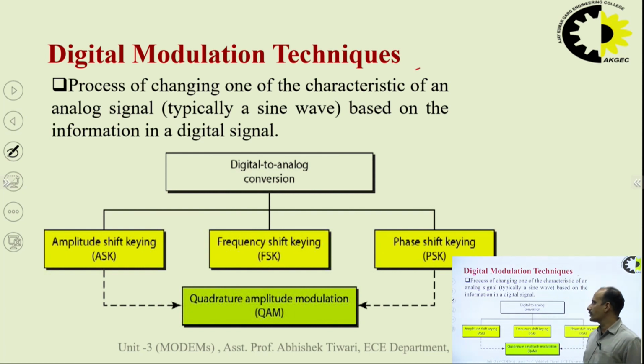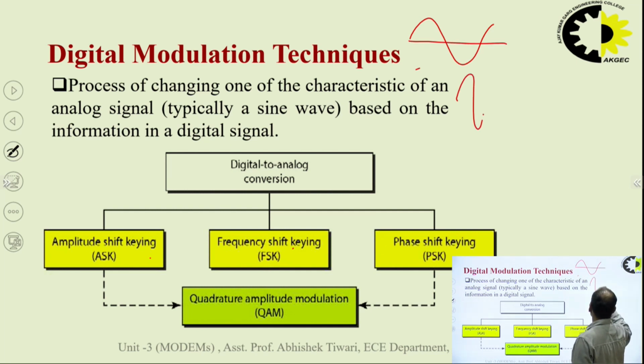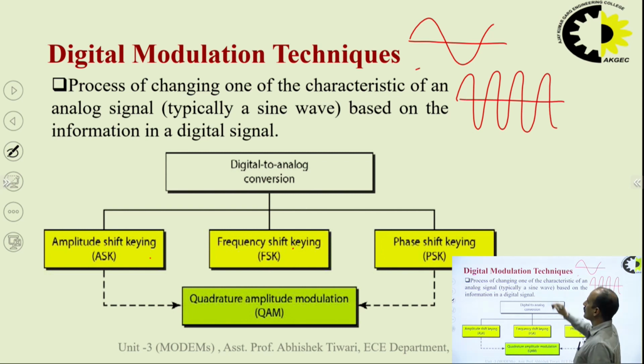In digital modulation, we have amplitude shift keying, phase shift keying and frequency shift keying. These three techniques are the same as AM, FM, PM. But what is the main change? In AM, FM, PM, our input signal is an analog signal, and the carrier signal is a high frequency sinusoidal. But in the digital modulation technique, our input signal is in the form of